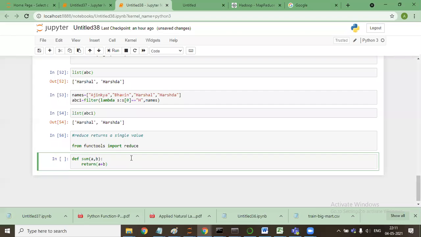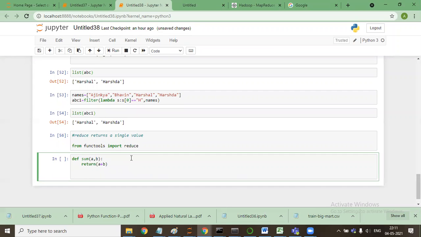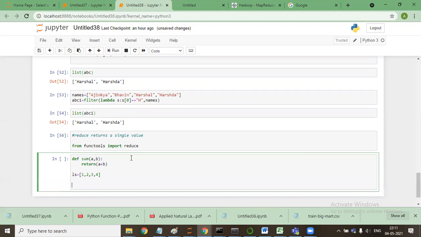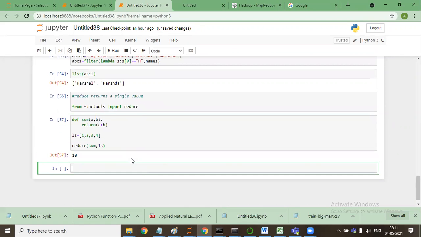I do this, and I'll say ls is equal to the list, and then reduce(sum, ls). It will say 10.